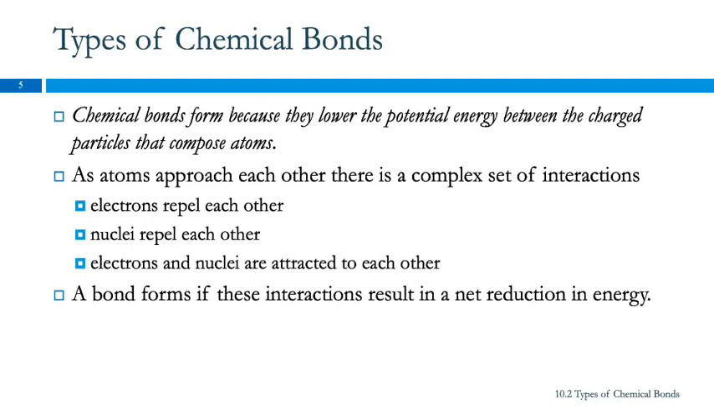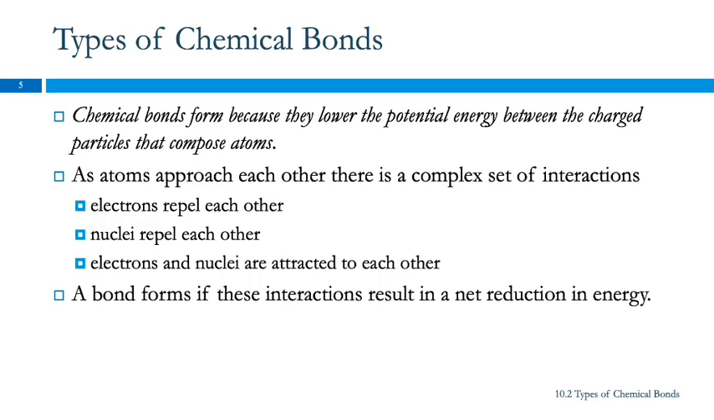Okay, types of chemical bonds. First of all, why do chemical bonds form? They form because they lower the potential energy between the charged particles that compose the atoms. So atoms have protons and electrons in them. Those are charged particles. And when a bond forms between two atoms, it does so because that's more stable,